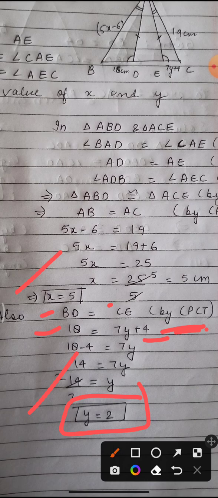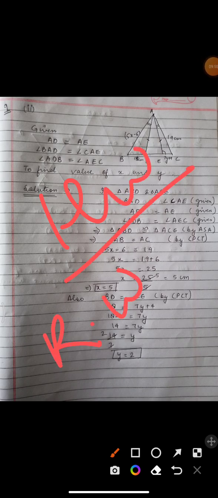You have to try all the remaining questions in your homework, and along with this you have revision exercise 2 also. In that also, the questions are related, and I think questions 1, 2, 3, 4 are already done. We did them during the half yearly portion. You have to do only 5, 6, 7, 8, 9 questions. So you will try this at your home.